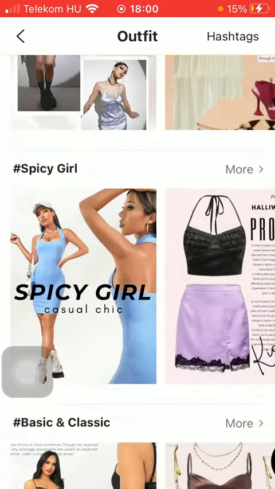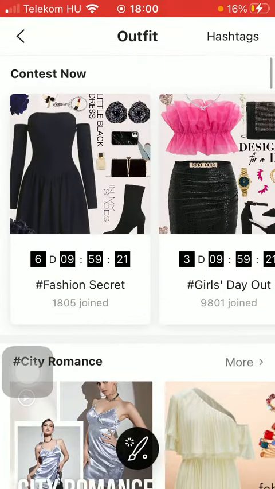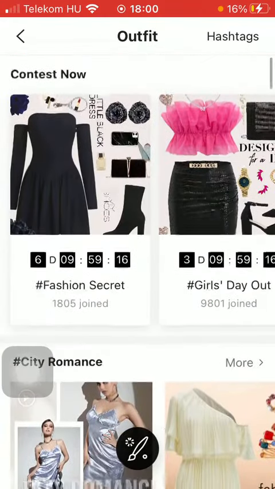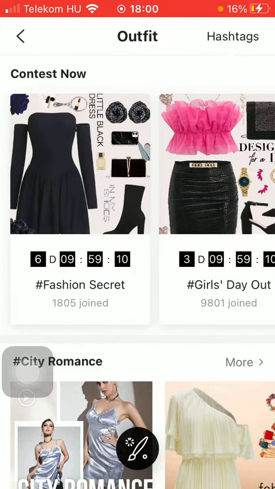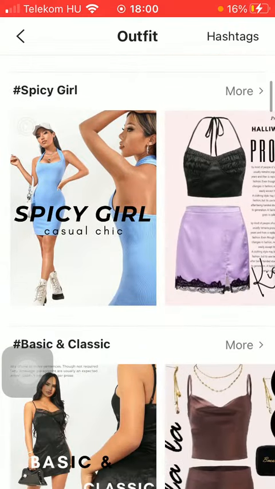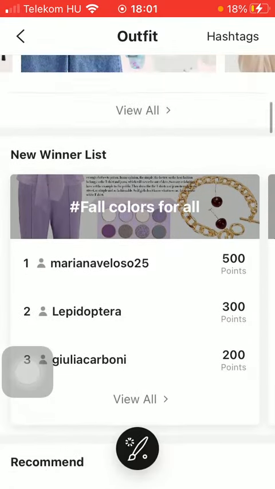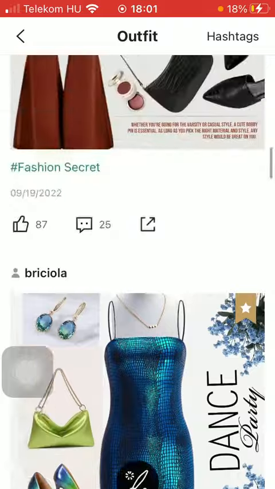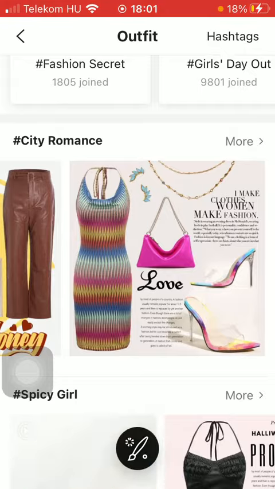Now if you scroll down, you can see that the outfits are organized into distinct categories, and there are a bunch of options that you can choose from according to your style and preferences. These are the contests, the city romance category, spicy girl category, basic and classic. You can also see a new winner list, and there are these recommended ones. So if you are interested in any of these categories, click on the relevant one,